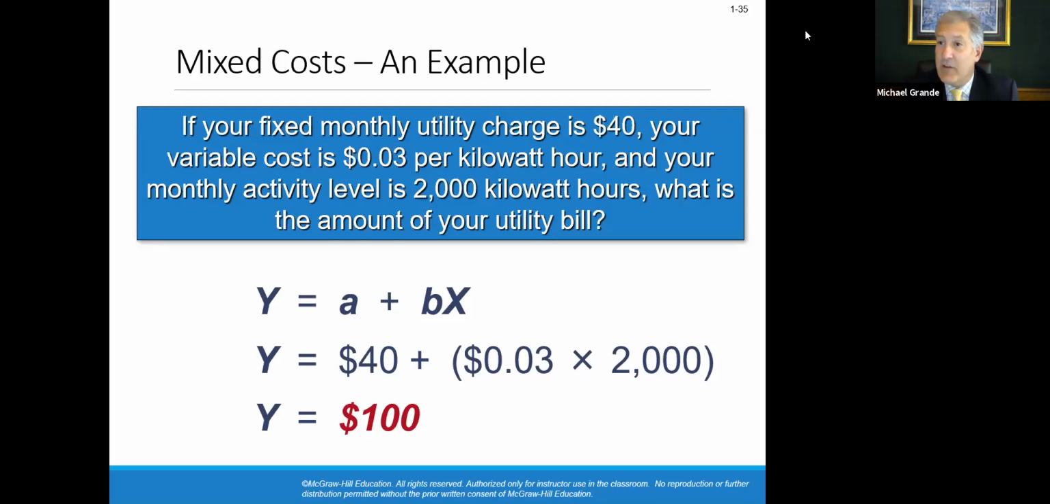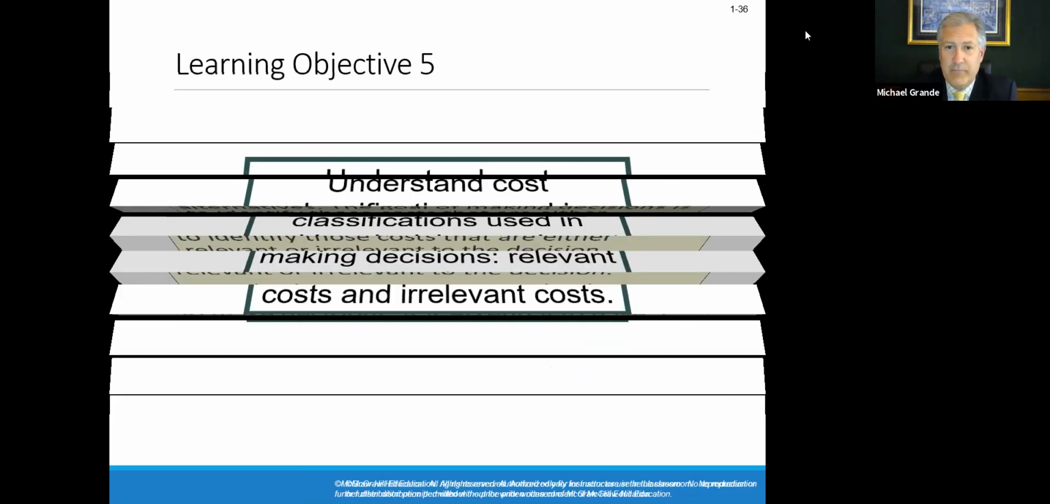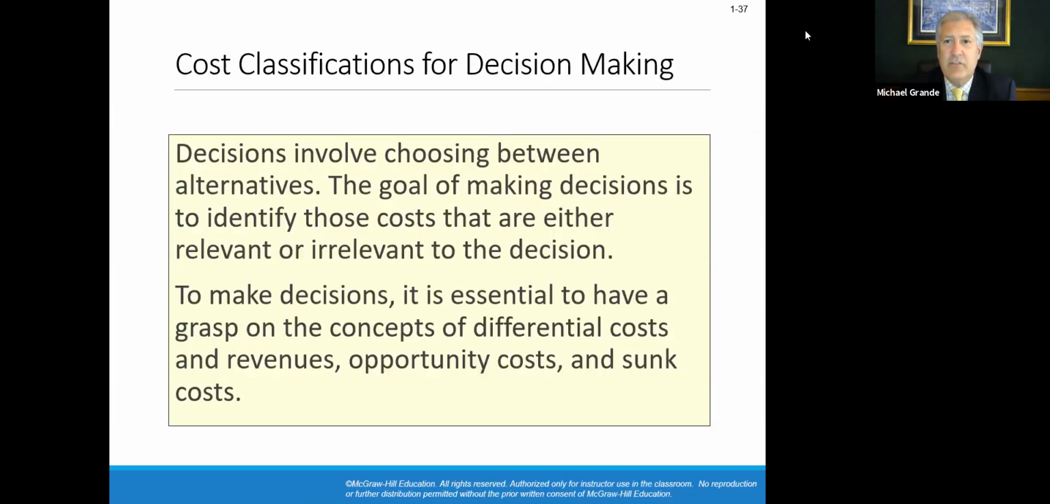When we get to chapter 5, we're going to talk about that. Learning objective 5: understand cost classifications used in making decisions, relevant costs and irrelevant costs. Decisions involve choosing between alternatives. The goal of making decisions is to identify those costs that are either relevant or irrelevant to the decision. To make decisions, it is essential to have a grasp of the concepts of differential costs and revenues, opportunity costs,